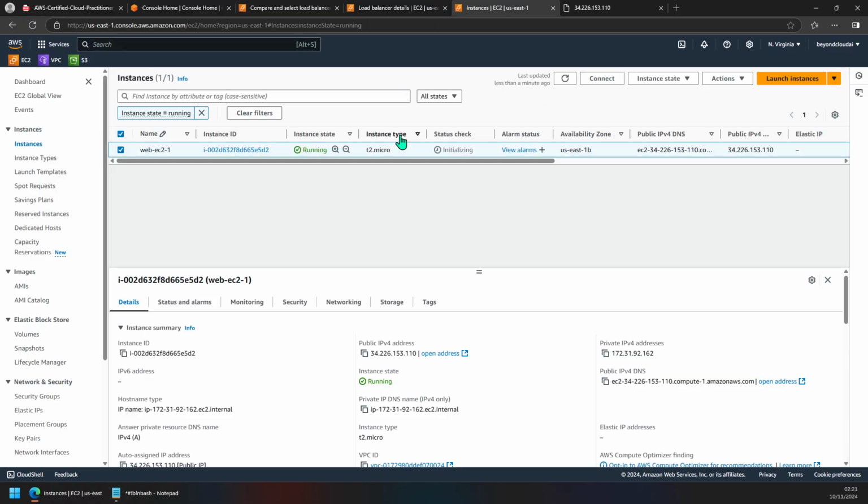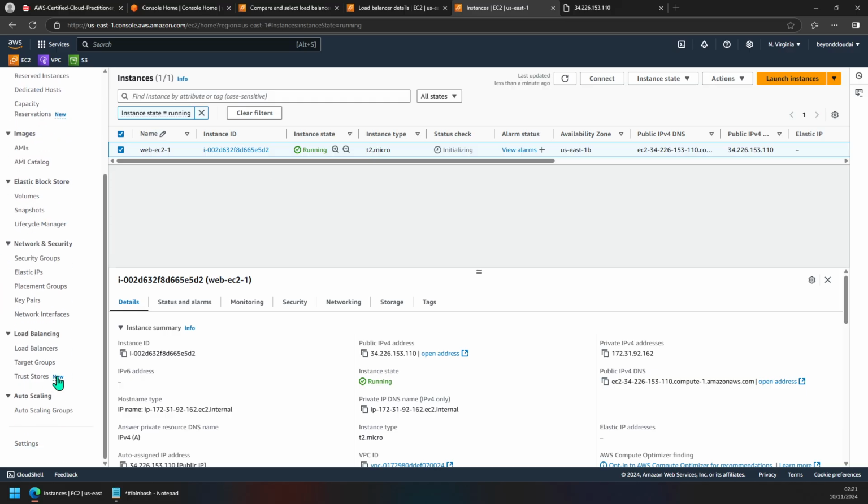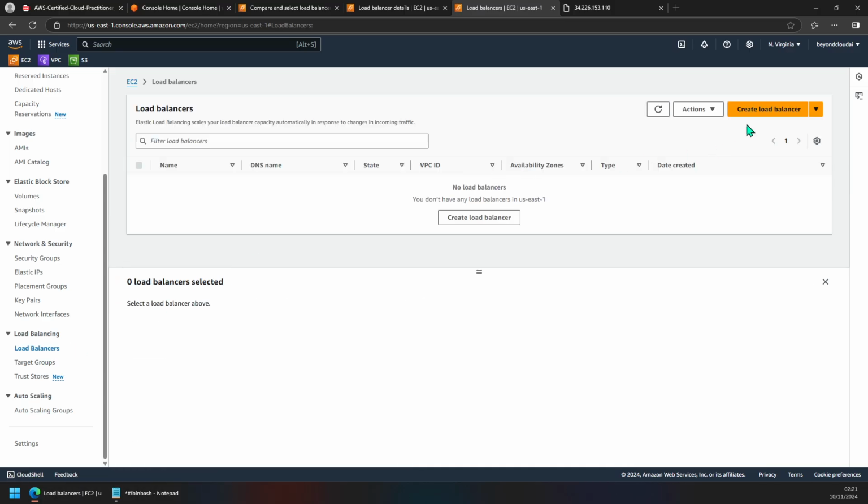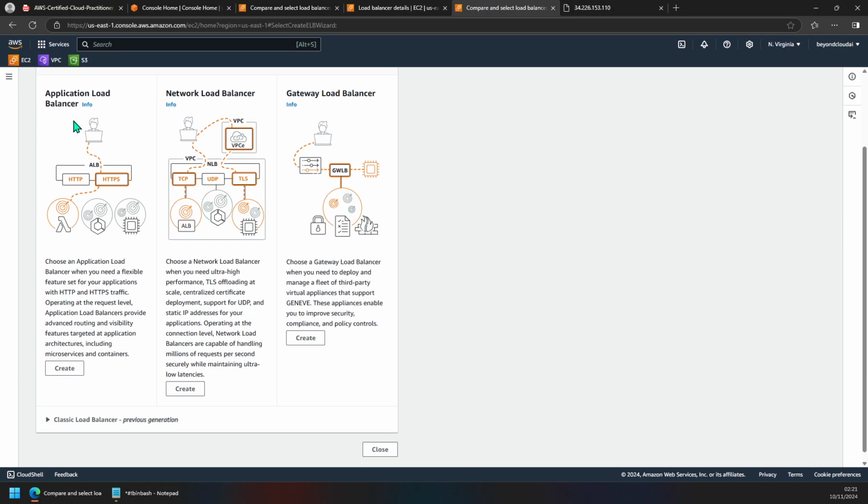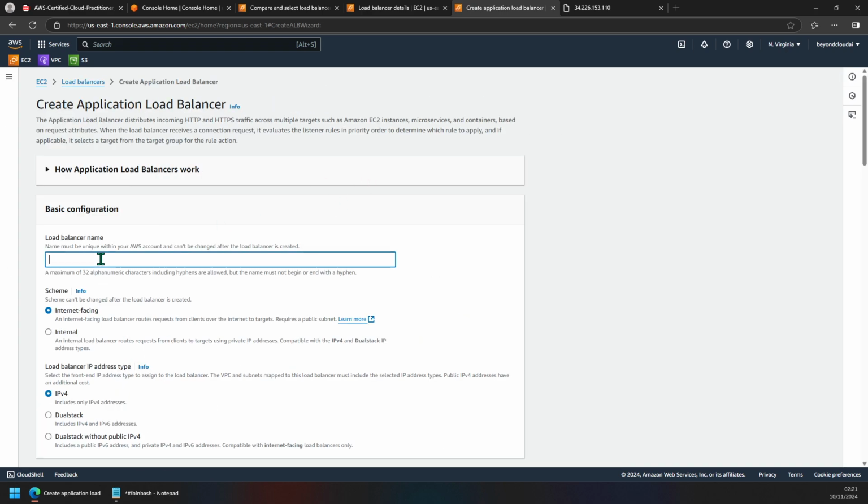Perfect. So now that we have completed the configuration of the instance, let's configure the load balancer. Now we're going to choose the default load balancer for any application, which is your application load balancer. Here we're going to name it web-alb. Application load balancer. Now you need to make sure you choose internet facing, or else you will not be able